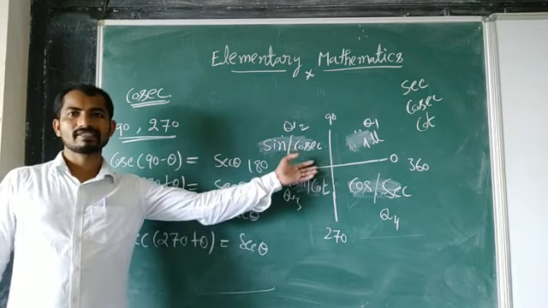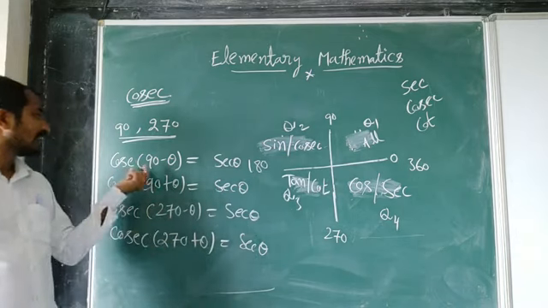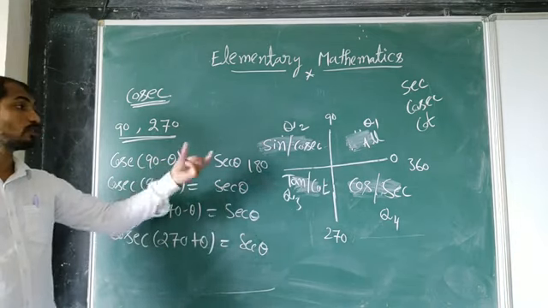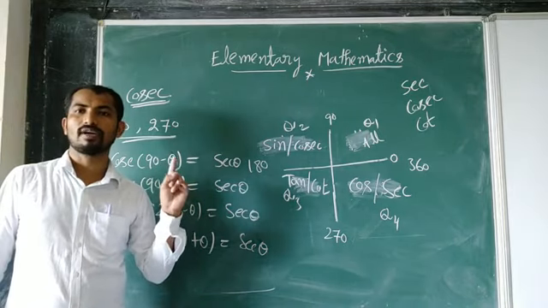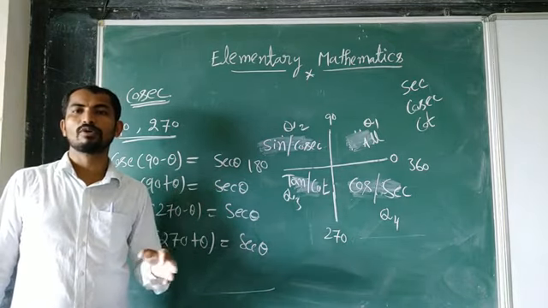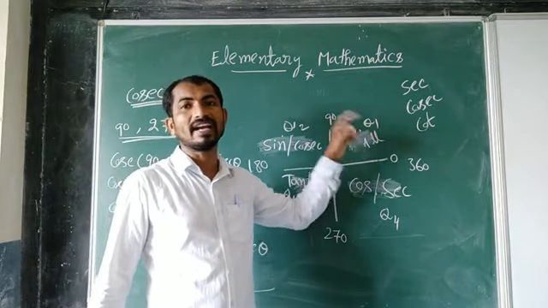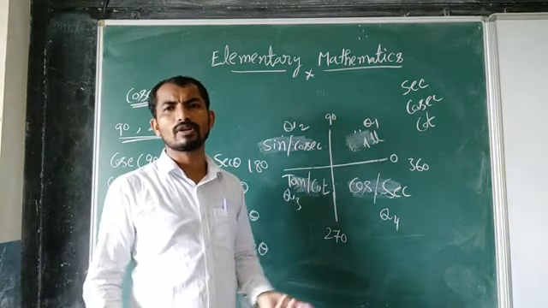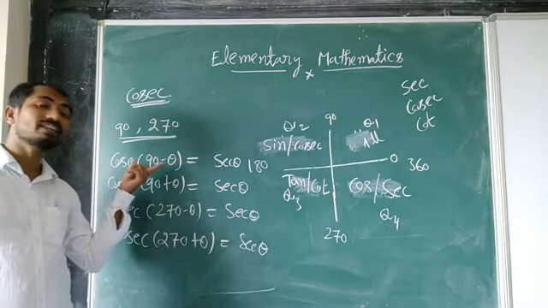Now to find out the sign, to find out the sign you have to see this quadrant, okay, you have to go through this quadrant. Now 90 minus theta, 90 minus theta में फर्स्ट कोऑर्डिनेट एंगल is 0 to 90, बट 90 minus theta में कौन सा कोऑर्डिनेट आएगा? 90 से थोड़ा कम है, so already you can see very clearly first quadrant angle 0 to 90, 90 minus theta means 90 से थोड़ा कम, that it can be 89, 88 like that. So therefore this angle will be coming in the first quadrant.